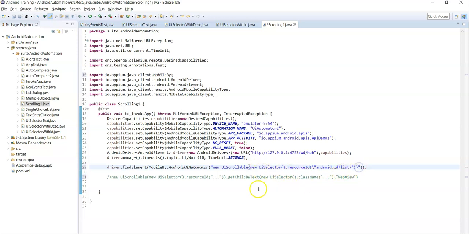Now dot get child by text method. Inside this method you need to pass two parameters. First identify the child element of web view.